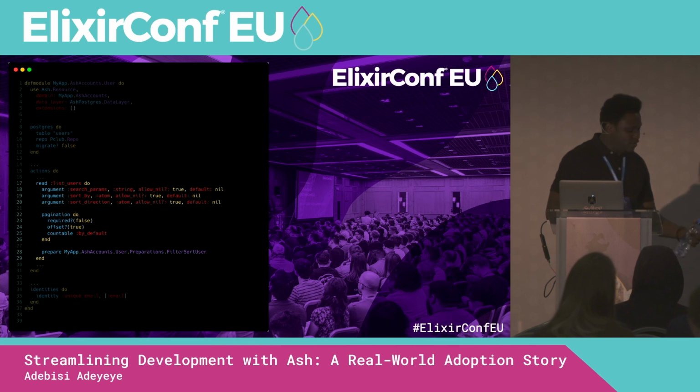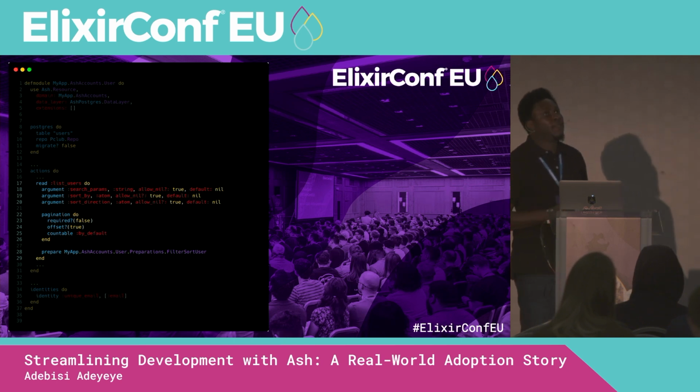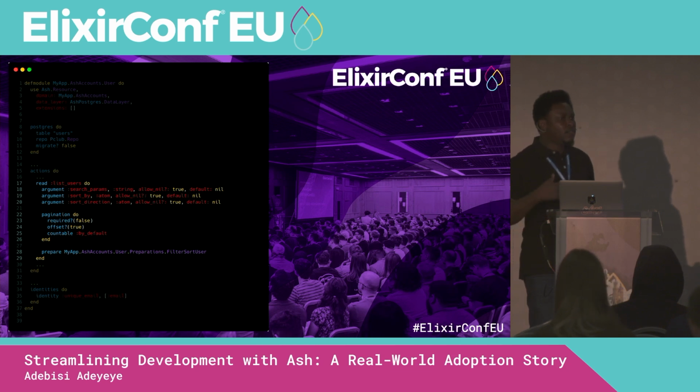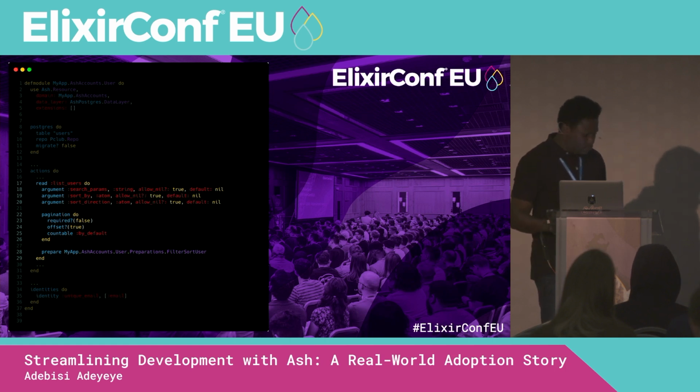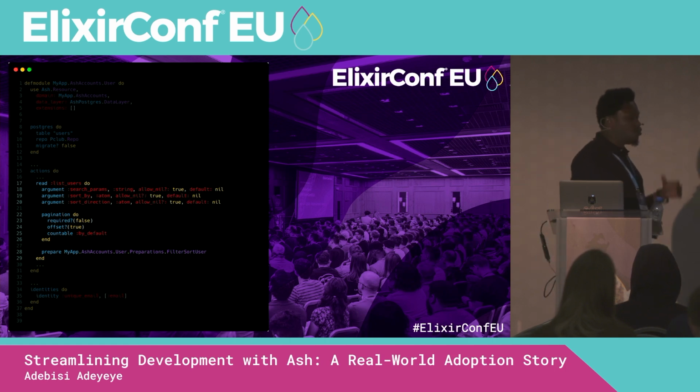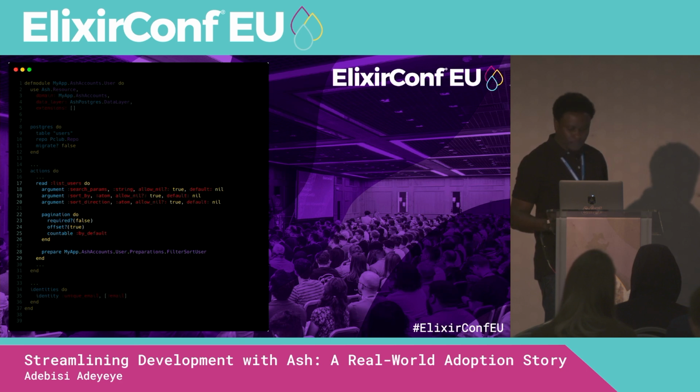And then we did a little bit of sorting and filtering using a preparation. So a preparation is, think of an action like a plug now. You can pass in different operations, and one operation can take the results of the previous one and then do more operations on that. So that is what is happening here. The preparation here is taking the given query and adding a sort and a filter based on the given arguments. And this was all we needed to do to power that page.